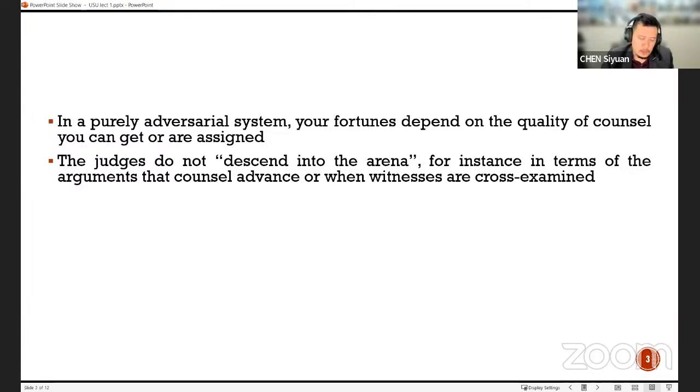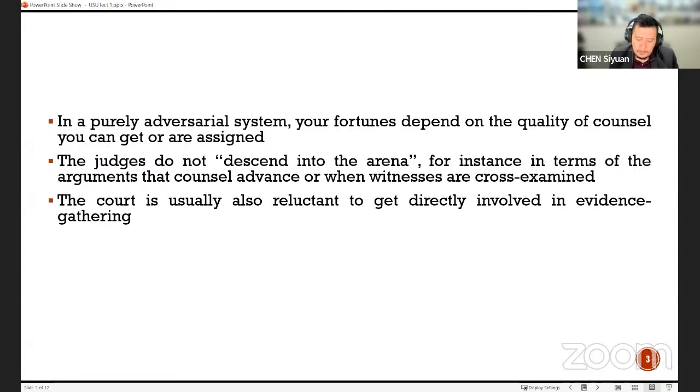So defense counsel will try to ask questions to reveal any sort of inconsistencies that the complainant may have. So, for example, if the complainant says that on this day, at this time, this is what happened, defense counsel would try to poke holes in that theory, because in a criminal justice system like Singapore's, the idea is not really to show that the accused did not commit a crime. I mean, that could be part of the objective, but primarily you want to show that the case cannot be proven beyond a reasonable doubt, which is different from being absolutely sure.